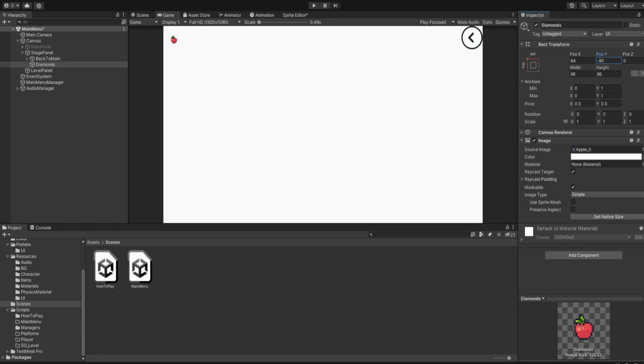So looks bad enough. 128 by 128. Nope. 160 by 160. Now it looks good enough. And after having our diamond, yeah, that was supposed to be the diamond, but I added an apple. So let's have the diamond,